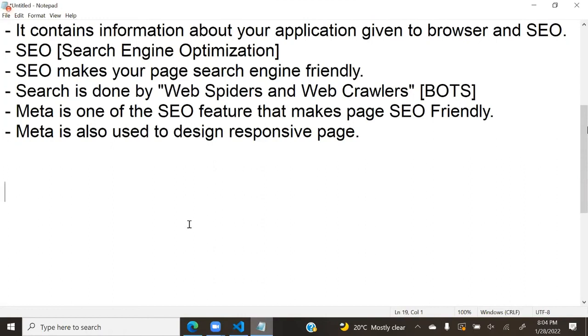So how to write the responsive meta element?